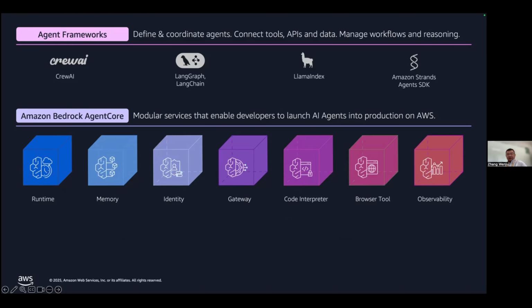As you can see from this diagram, you can build the agent using any agent framework with any programming language. After that, you can build the Docker image, and then you can deploy the agent on Bedrock AgentCore runtime.